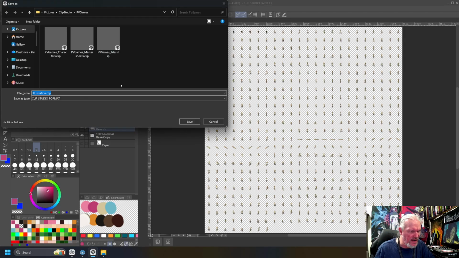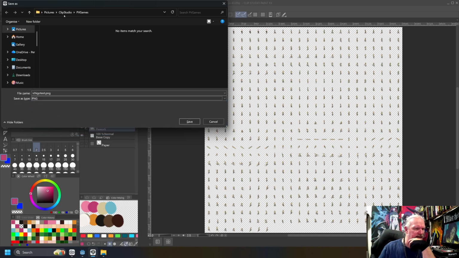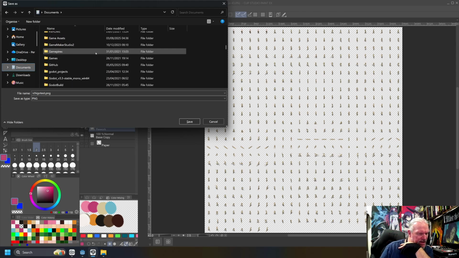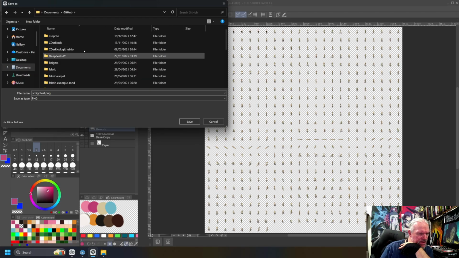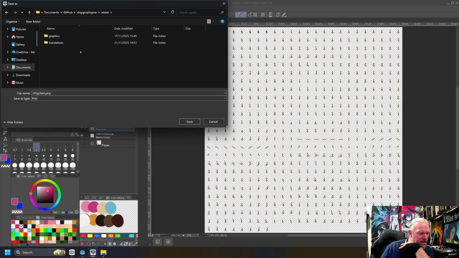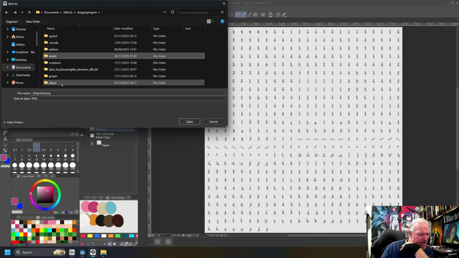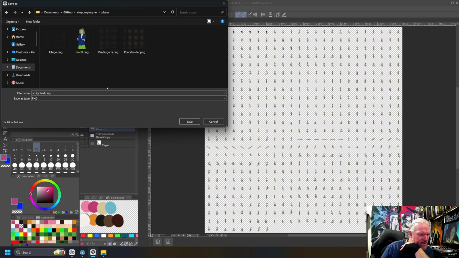save this as Ichigo test as a PNG, and I can put this over in the game folder. Grouping the assets, graphics. Wait a minute. Under player, isn't it? Yes, it is. It should go test.png. Yep, we're going to save that